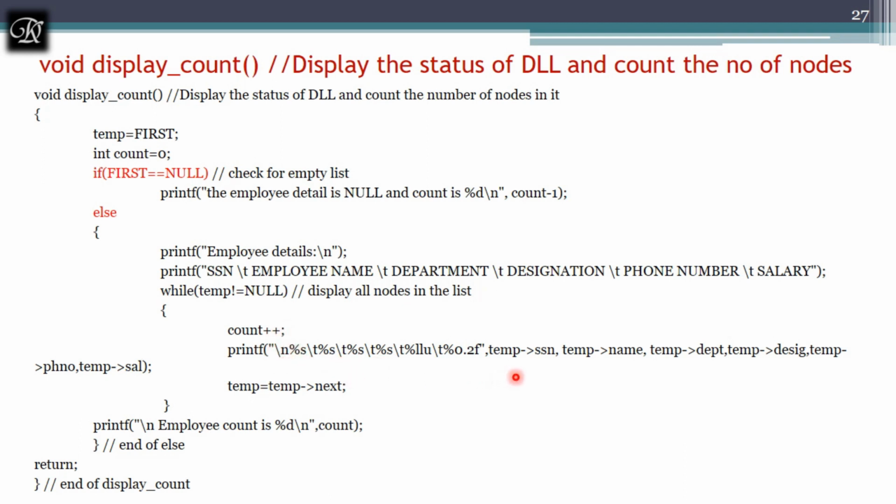So here what I'm doing is I'm just displaying the information of the employee, and I'm pointing to the next by using the help of temp. And here you can check, I have said temp is not equal to null. This condition can also be set as temp not equal to end. If it is equal to end, then we should stop. So any of the conditions you can use. And finally, once after displaying all the information of the employees, we will be having a count of how many nodes are there. That will be displayed using the count variable. This is how the display function works.